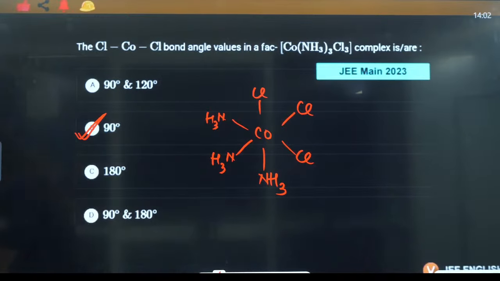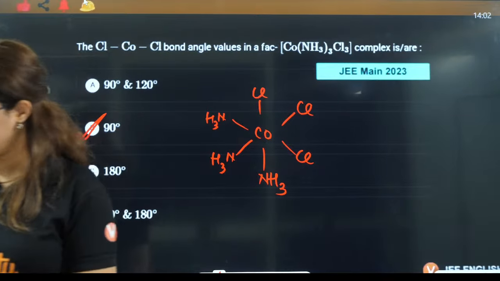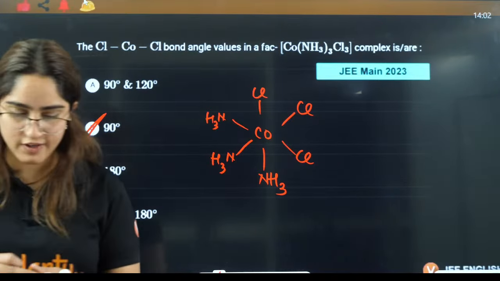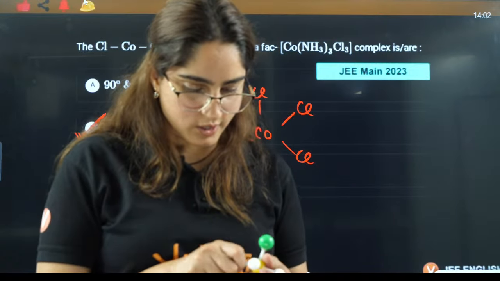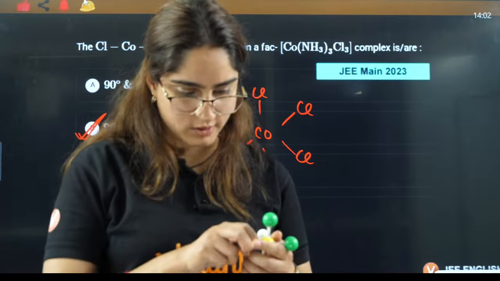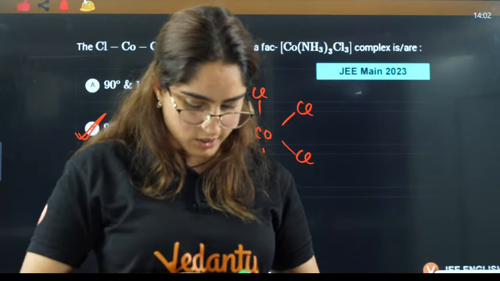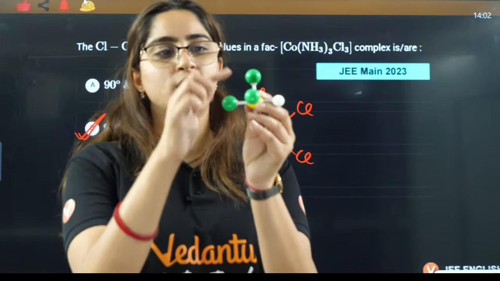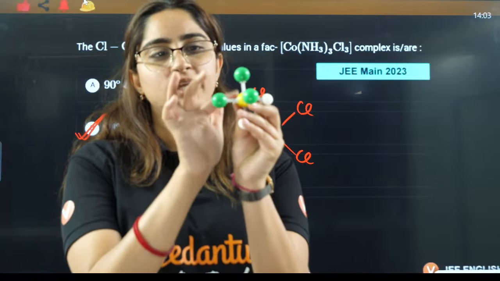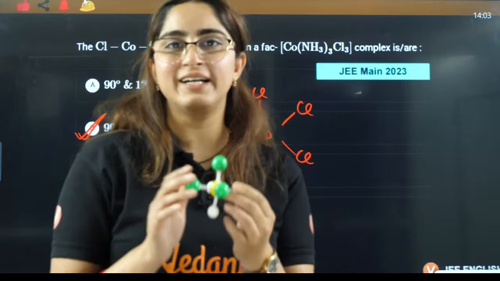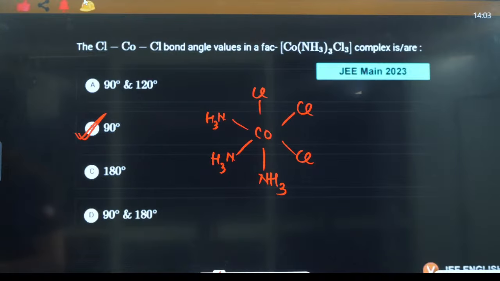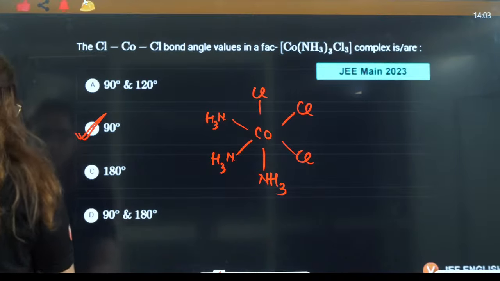So you can also draw it here. Okay, I can also draw it here for you to make you understand this better. See, facial means they will always be on the same face. Okay, so this is 2 and this is 3. This is the same triangular face. Okay, so 90 degree, 90 degree. They are 90 degree. This is also 90 degree. Okay, both are 90 degree to each other. Right? Next is we have,